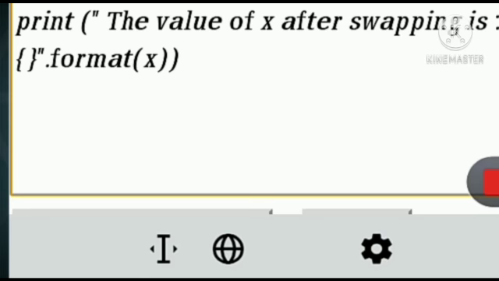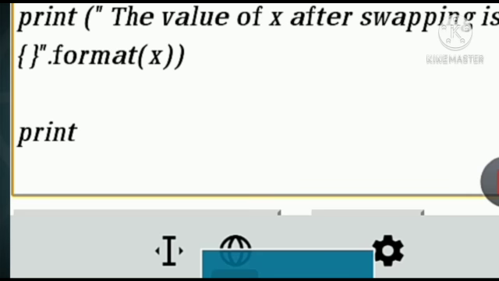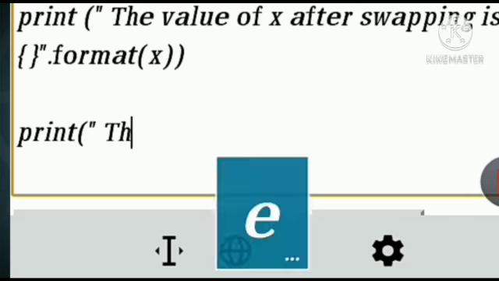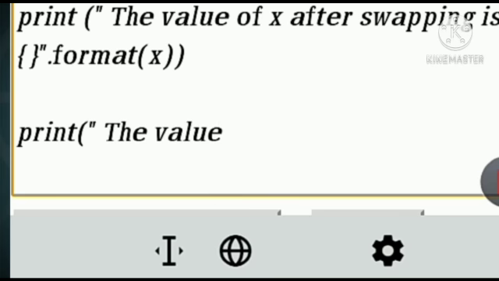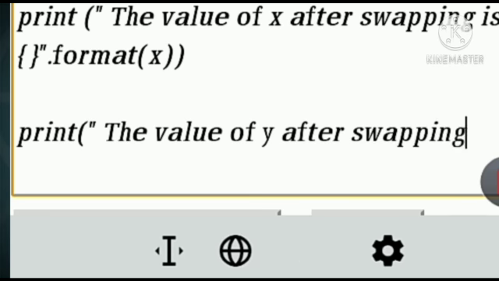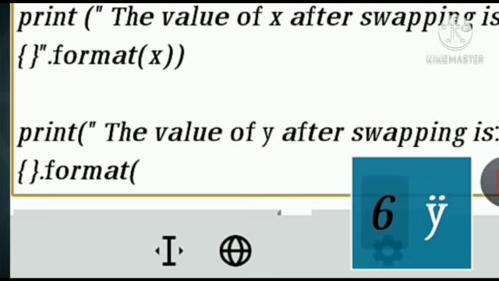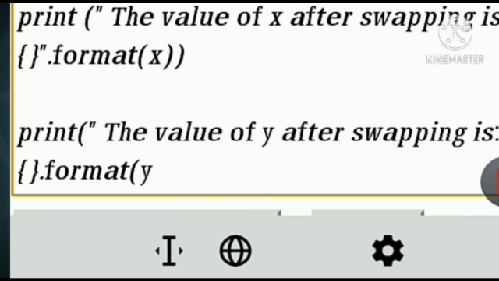Then close the bracket and start another printing. Print the value of y after swapping. Same like the x. Close the bracket,